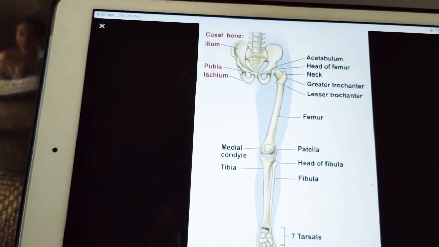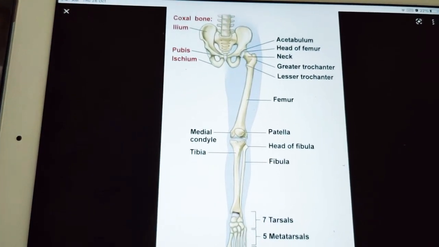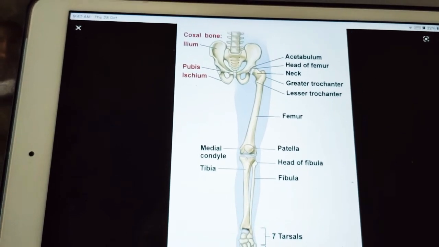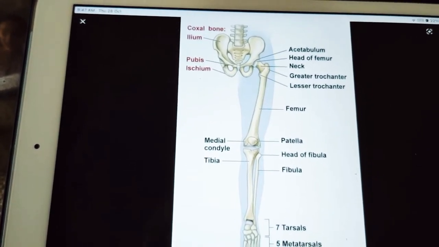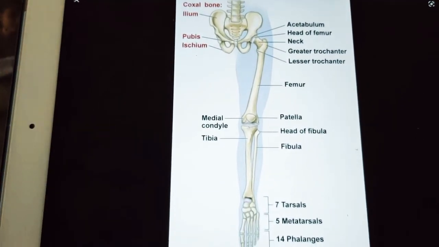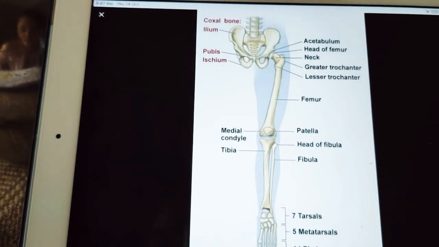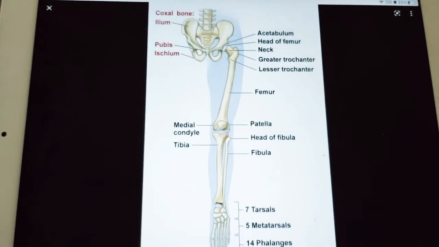Next, coming to the thigh. In the thigh you have the femur, the longest bone of our body, right? And the patella is also part of the thigh up to the knee joint. The joint here is of course the knee joint. Next, coming to the leg or crus. This is also called the leg or crus. The leg or crus is mainly made up of the tibia and the fibula.